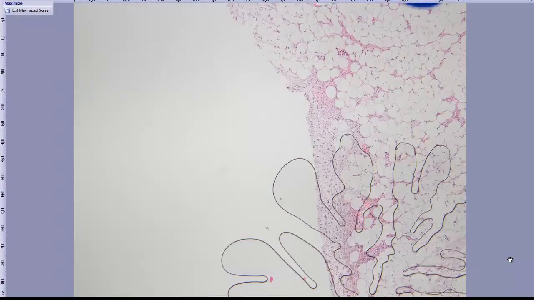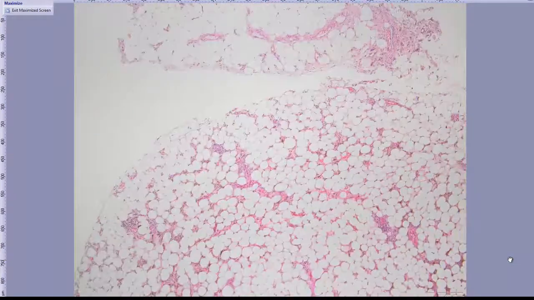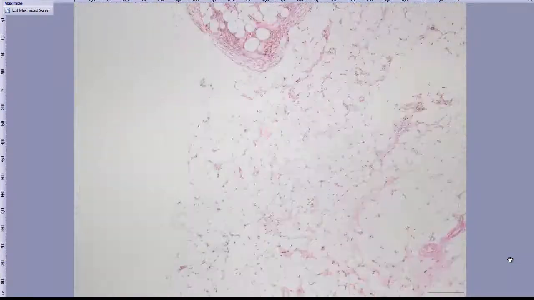So let's see the case, and as we see here,